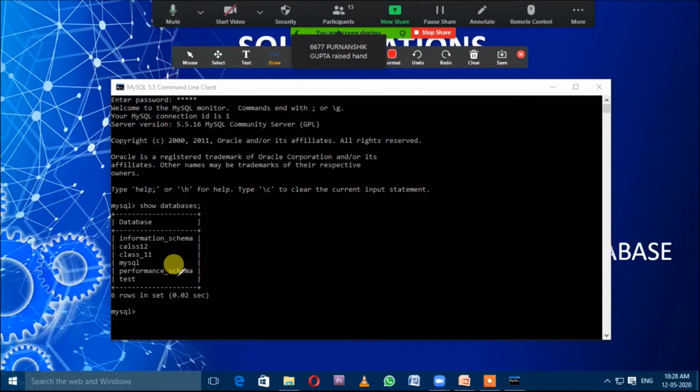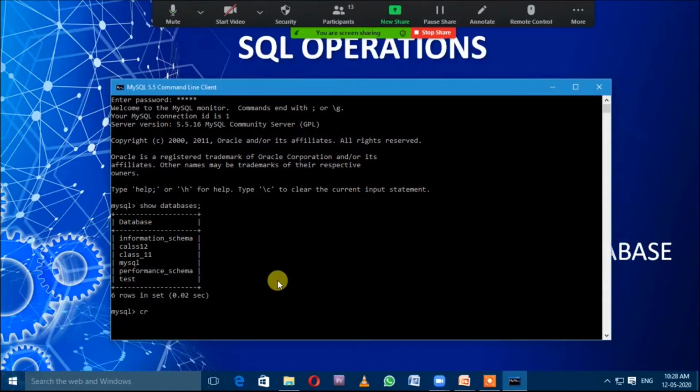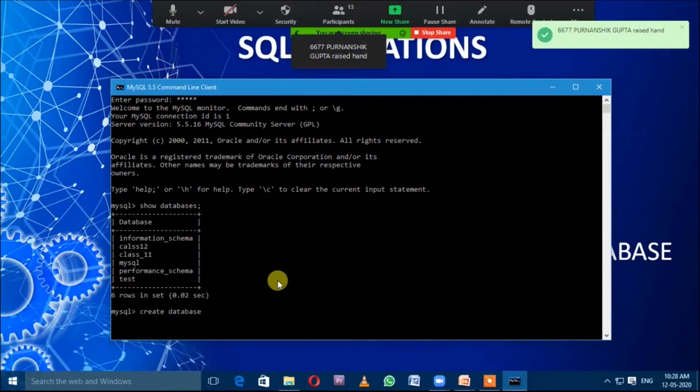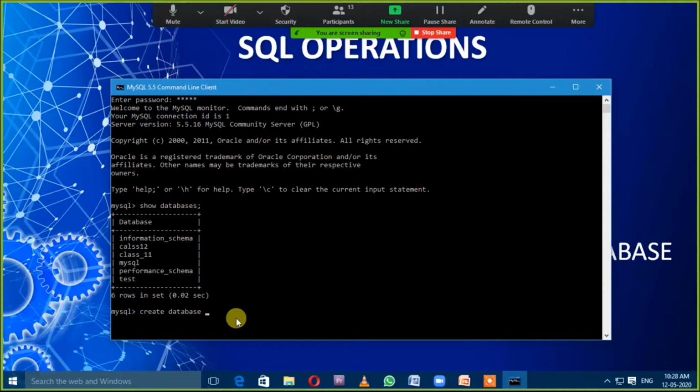So, look here, I am going to run the query for creation of database. Create database, space, database name. I am passing the employee database, EMPLOYEE, as the database name, and termination.